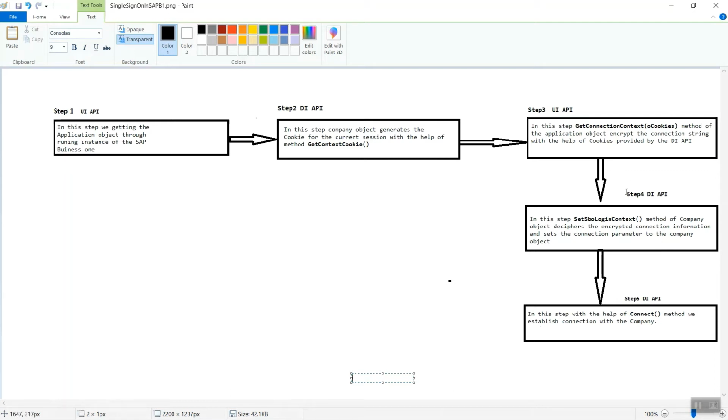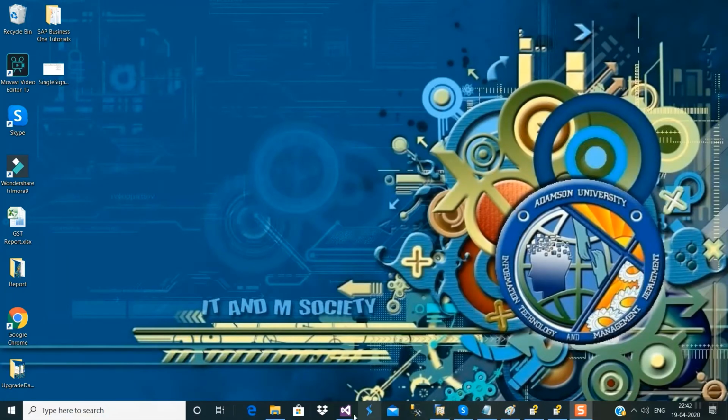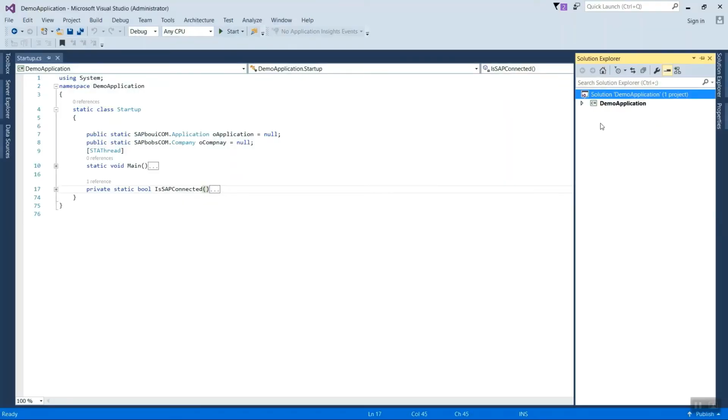Okay, this is the theory part I have discussed with you. Let me do it practically, so you will get more understanding about this process. So I have created one project, a demo application. Let me show you here. I have created a Startup.cs.